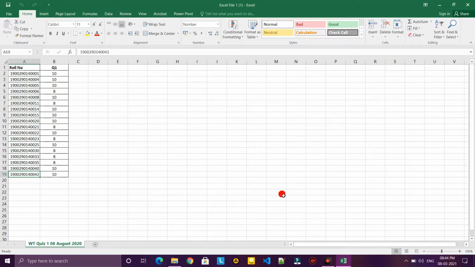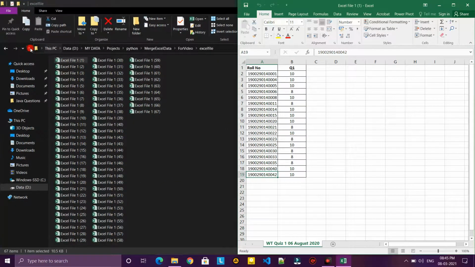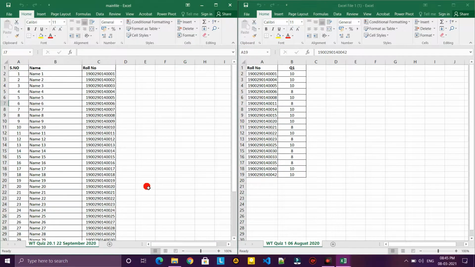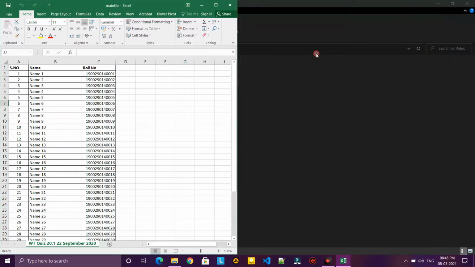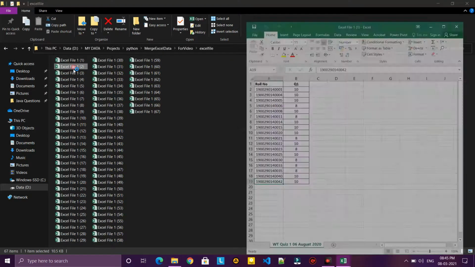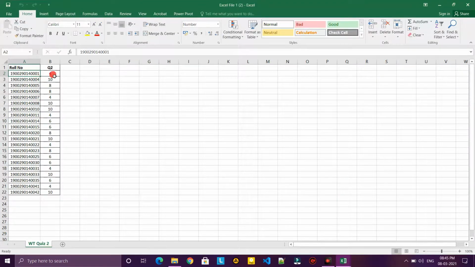Like I have these two files: one file which I want to merge, and the first file is the main file. So I want to merge the data of this roll number, meaning roll number 1, this Q's marks, we have 10 marks. So this mark should come here. If we have more files, like file number 2 with some more data for this roll number, like roll number 1 we have a 4.